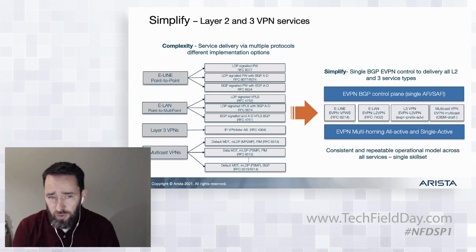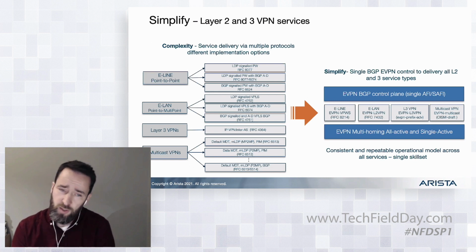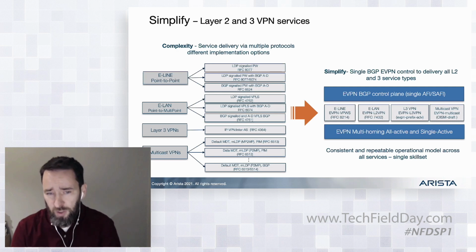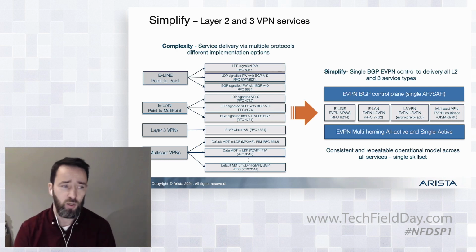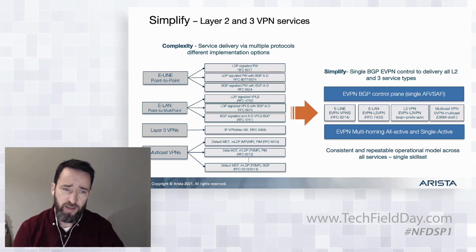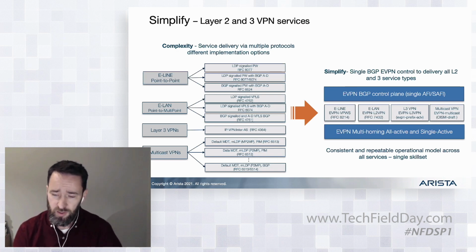And probably not familiar to everybody, but I can also do layer 3 VPNs with EVPN as well, right? And then there's also up and coming drafts and standards that allow us to deliver multicast. Now, the point being here is I can deliver all these services with a single control plane, so therefore a single, consistent implementation, which makes automation a lot easier, but I can also leverage some of the fundamentals that come with EVPN,